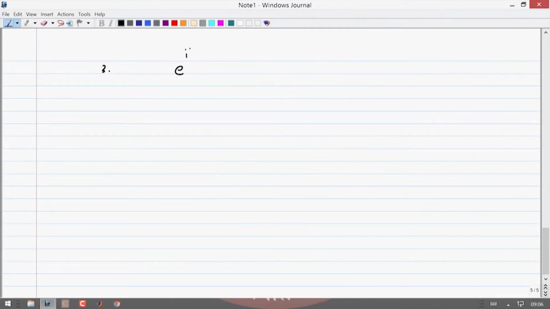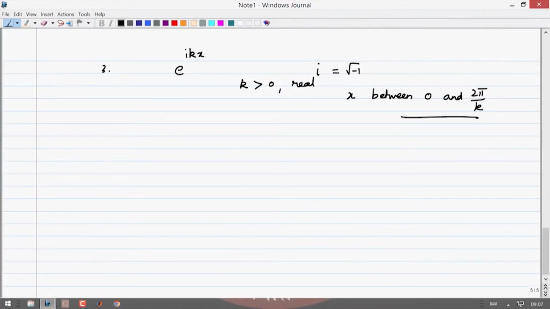e to the i kx. i is square root of minus 1, the imaginary number, and of course k is a real number greater than 0, and x between 0 and 2 pi by k as a range, because beyond that range this function repeats itself, and you will see this function when you study the particle on a ring, and a solution and the square integrability of this wave function e to the i kx is now